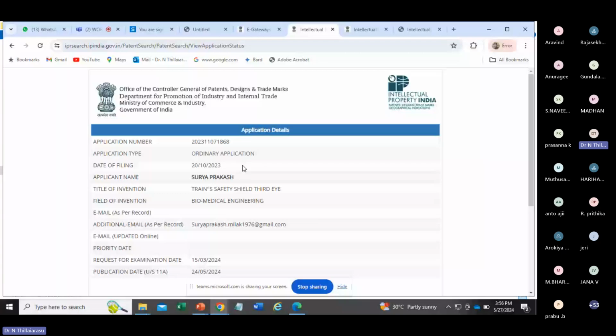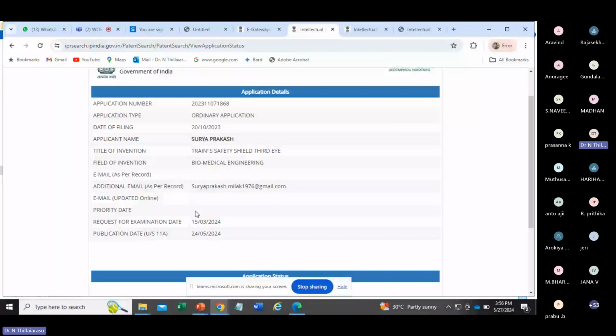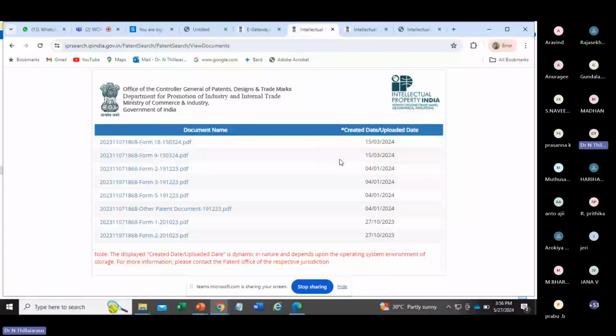The details of filing 2010-2023: Surya Prakash, the train safety shield, third eye, biomedical engineering. They give the view documents: you can get the specification, Form 1, Form 2, Form 3, Form 5, Form 9, and Form 18 for examination also.